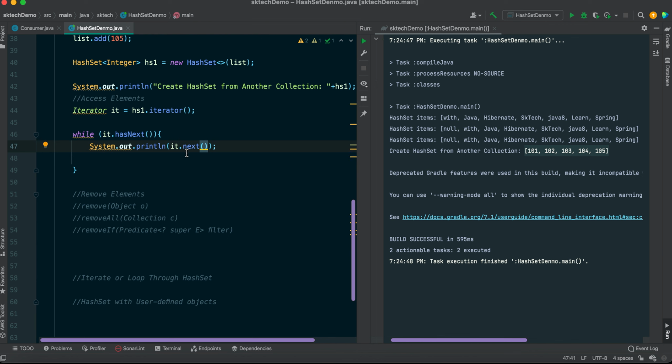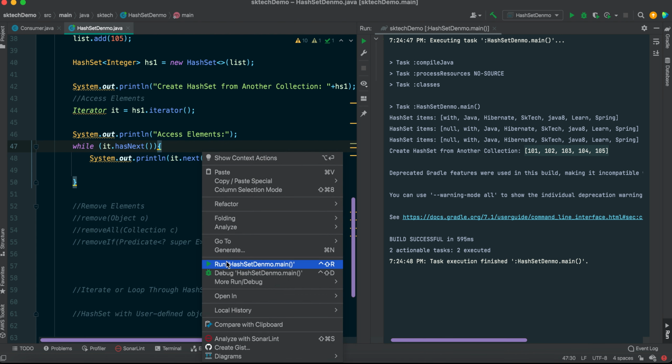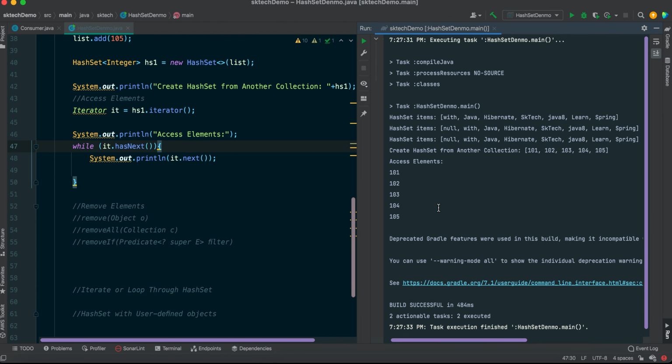This next method is going to return the actual element. This way we are able to print it. Let's add some statement here like accessing element, just for reading purposes. Let's run it and print it. You can see that using this iterator we are able to get the elements one by one.